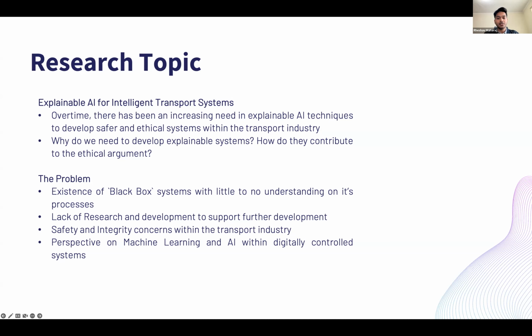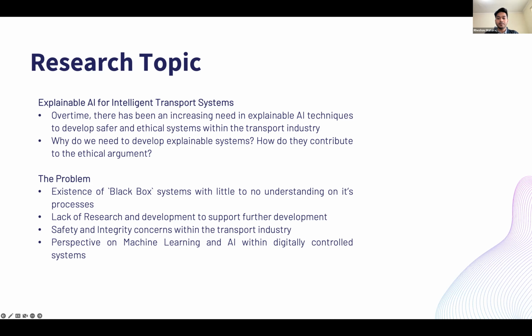They don't have any sort of detail on why some decisions are chosen or why the model tries to select a certain output. So therefore, there's a need for research and development into these systems and trying to understand them on a pseudo-molecular level. And by doing that, we want to shift this negative perspective that a lot of people